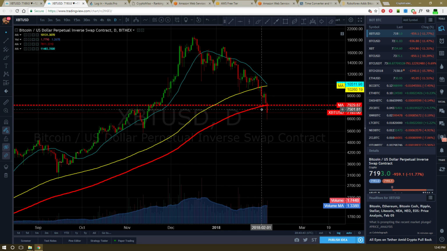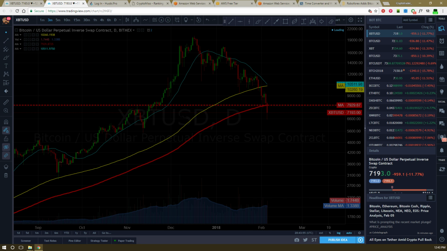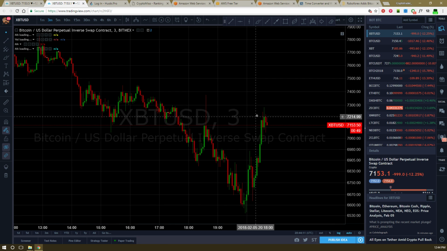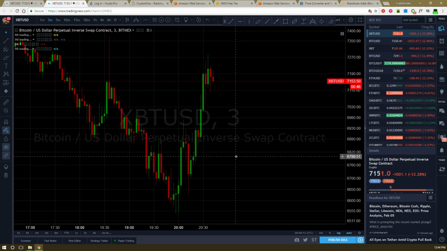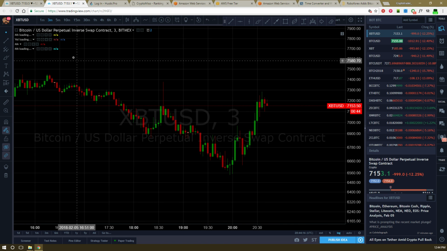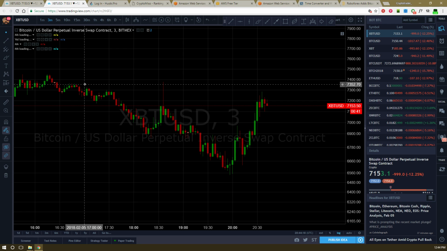Now let's go to the charts and check out this 200-day moving average right here. It's red. I drew a line right here. Well, I didn't draw this line, it drew itself. But I'm gonna mark it right here because every time I go down to the 3-minute, as you'll see as soon as it updates. Okay, this is never happening. All right, come on, get it together. There it is. This is the 3-minute right here. What you'll see is that none of these things are working all of a sudden.